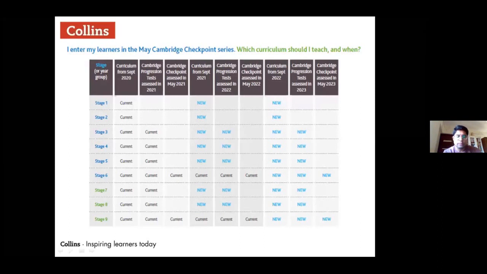Yes, there is a question for you. This is from Ms. Aditi Mukherjee. How about students who are in grade 6 now and in June 2021 will be in 7? Okay, so they will have to start the new syllabus. That's what I'm mentioning over here. The ones who are in grade 6, you go to stage 7, so your academic year will end in May, right? So when you start the new year in June or July, the cohorts which are coming to grade 7 will start with the new syllabus of stage 7. That's what I mentioned.